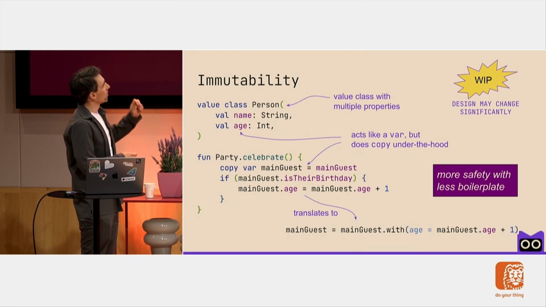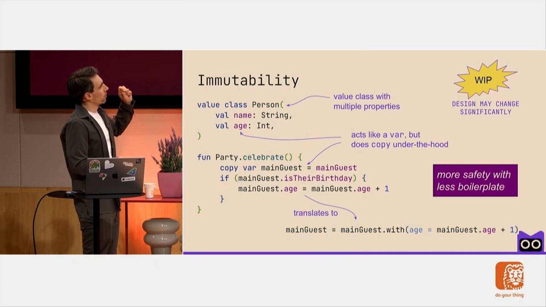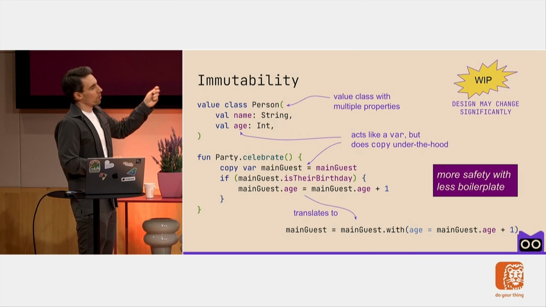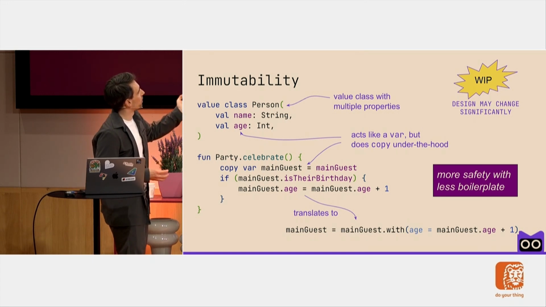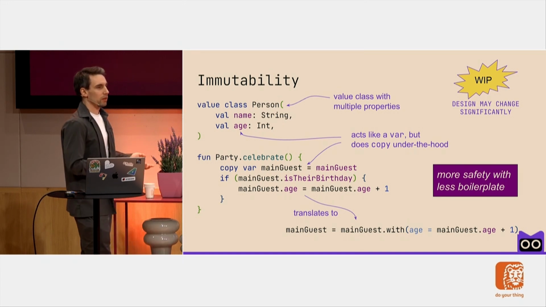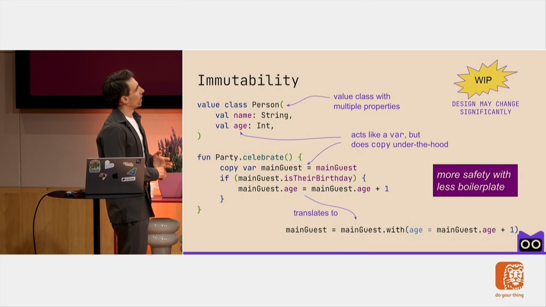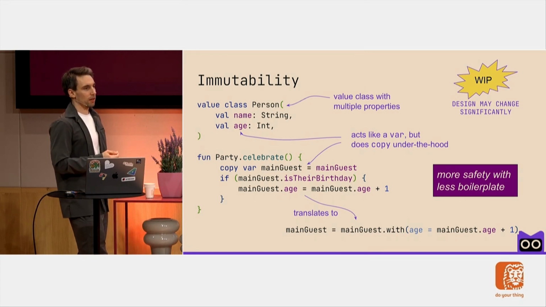But here, in order to modify your value class, the compiler will just implicitly create these withers or copy functions for each property when you try to modify it. So on the surface, the code will look like a normal one, so you don't have to learn any new concepts. But under the hood, the compiler will create implicit copies and protect you from